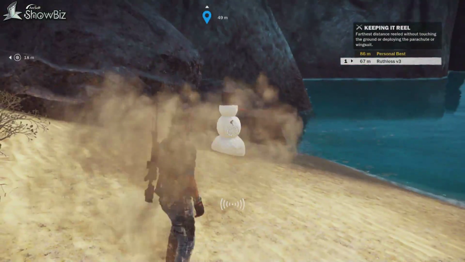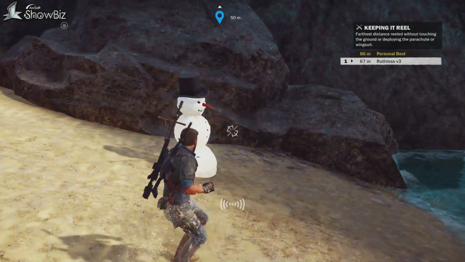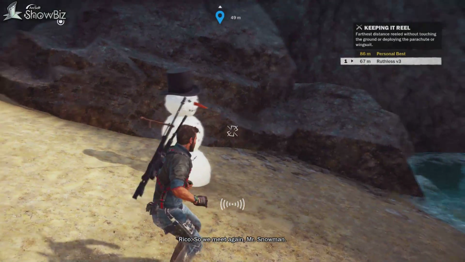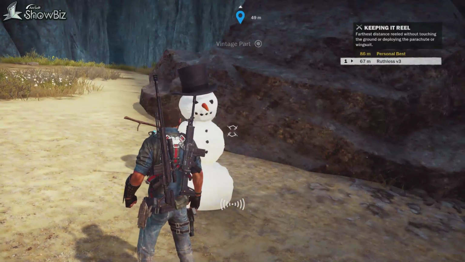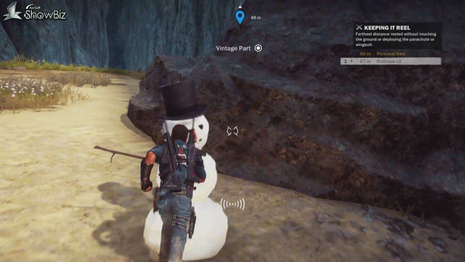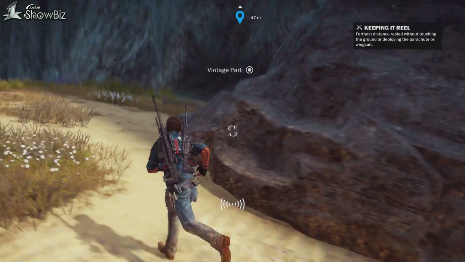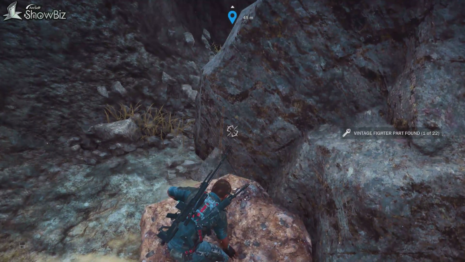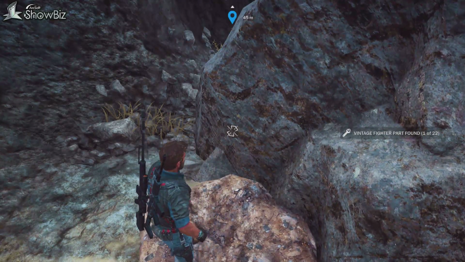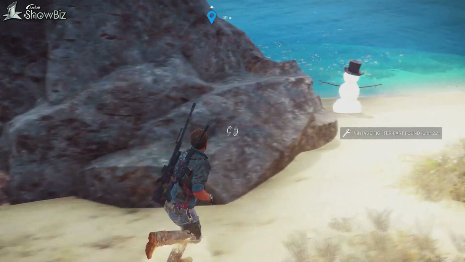So when Rico flies up to Mr. Snowman, he'll say, "So, we meet again, Mr. Snowman." And you can actually, as you can see on the screen, get a vintage part. So another good one if you're going to go for 100% of the game, getting it completely finished. Finders keepers. And from what I found, it's actually